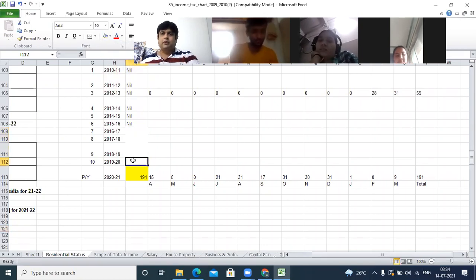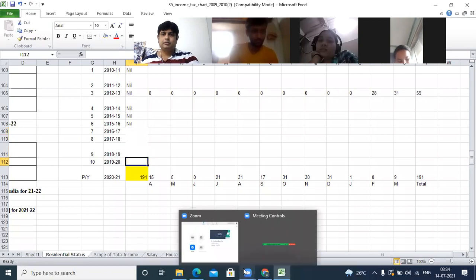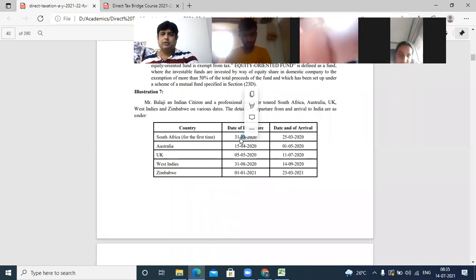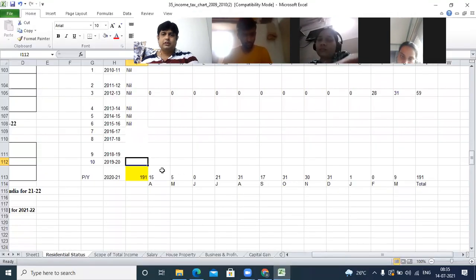What will we consider for the previous year? The 1st January, yeah? These are typographical errors. 1st January है, तो क्या होगा बताओ आप? 31st January to 25th March. So what about the previous year? यहाँ से स्टार्ट करते हैं।